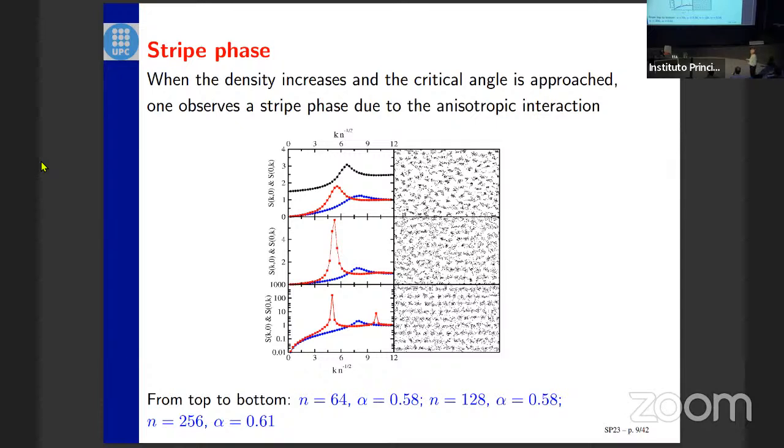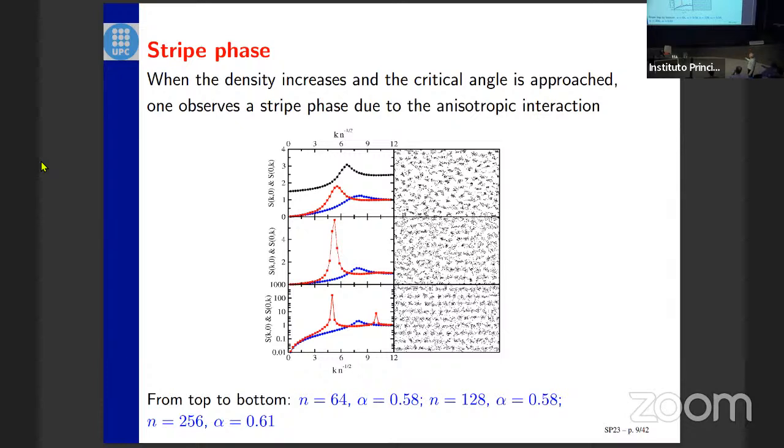If you increase the density from 64 to 128, keeping the same angle, we see how this red peak starts to grow, whereas the second, the blue, is more or less the same. What's the red and what's the blue? The red corresponds to the direction in which the system is repulsive, okay? And the blue is the one in which it is attractive. Okay. So if you look here, well, it seems that something starts to happen,